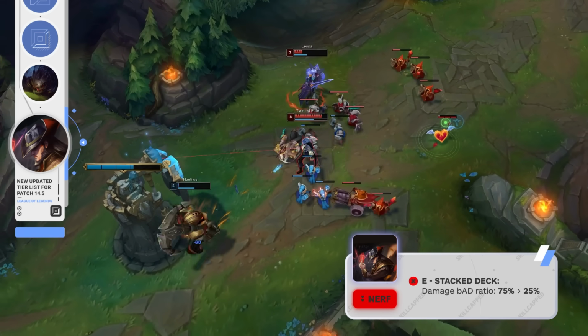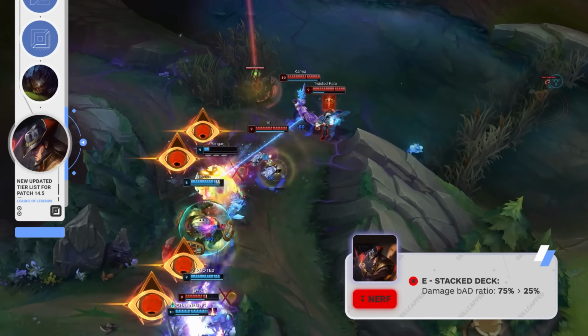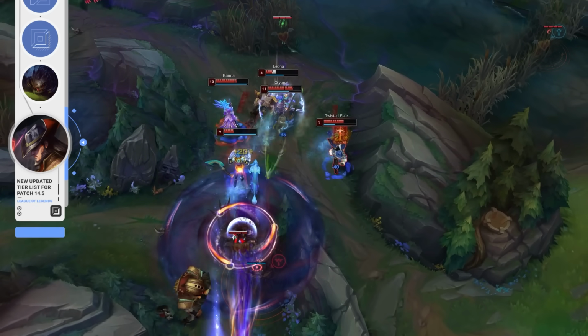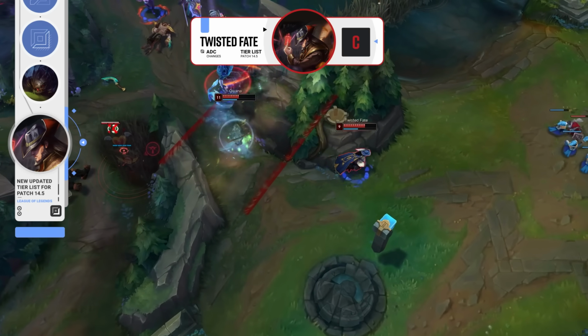If they wanted to keep the champion in a decent spot, they would have only lowered the ratio to 50 or 40%, not all the way down to 25. Despite these nerfs, there are still a bunch of players who are picking TF this patch, but it's really in your best interest not to. You'll find Twisted Fate in our ADC C tier for now,